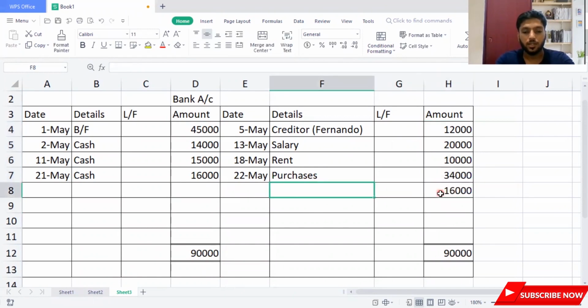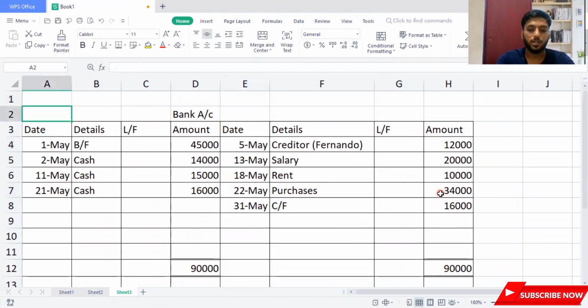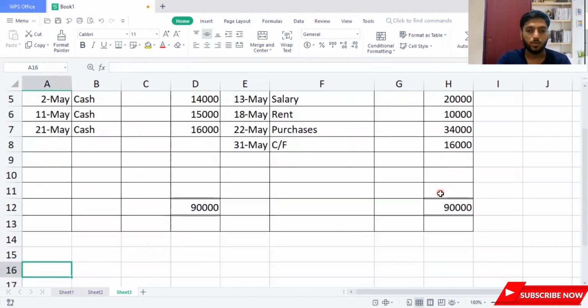So it's carried forward, right? And I'll write the date, 31st May. Easy as that. But this is adjustment number 1, which the examiner, the syllabus, has requested you to do. Now I'm going to do adjustment number 2. I recorded the first one easily. I'm going to do the second one. Please help me to do that, guys.